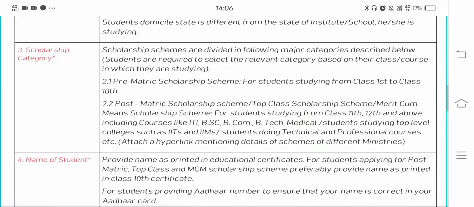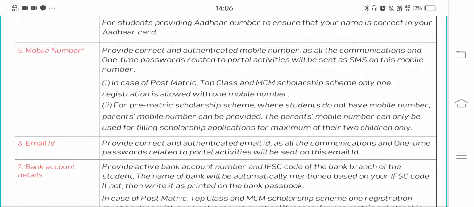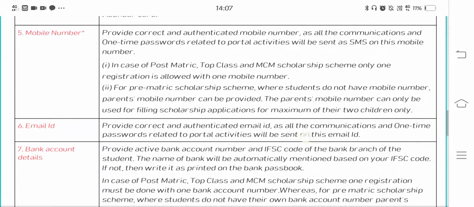Then you have few instructions with respect to filling application form. Here I'll make a mention about mobile number and email ID. So these two data, you should have mobile number, your own mobile number, wherein at the time of finishing our registration process we will get a OTP to our mobile number. So we need to enter a legitimate mobile number and email ID, and after that, once we finish our registration, a password and an application ID that will act as username to apply for the scholarship, that will be sent to our mobile number. So therefore enter a correct mobile number and email ID.